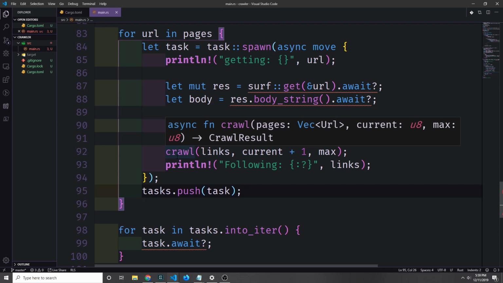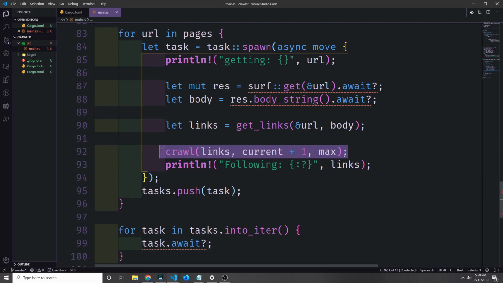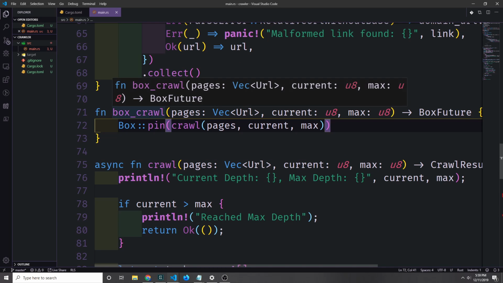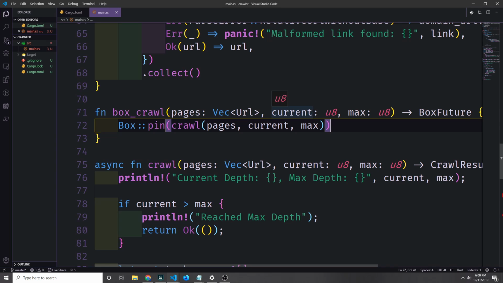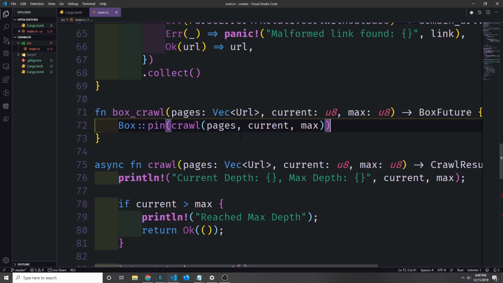If we just called crawl like this recursively, it would be inefficient. So what we want to do is set up another function that puts our crawl function inside of a box pointer. We'll create a wrapper function called BoxCrawl, which takes in the pages, the current depth and the max depth, and it itself returns our box future type. In the function, we just create a new box pin pointer